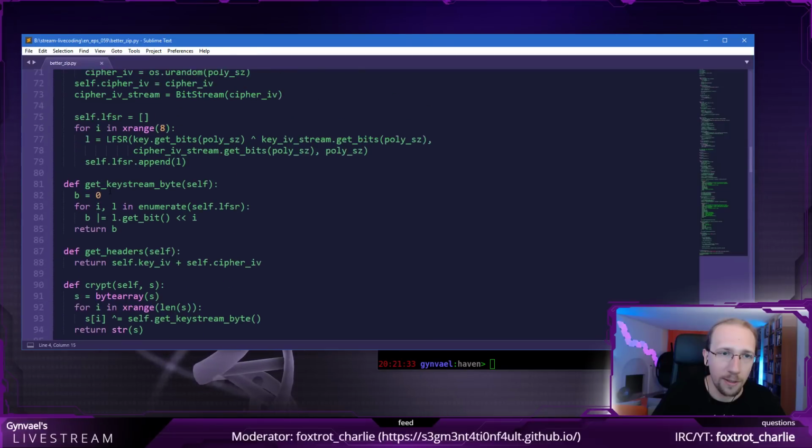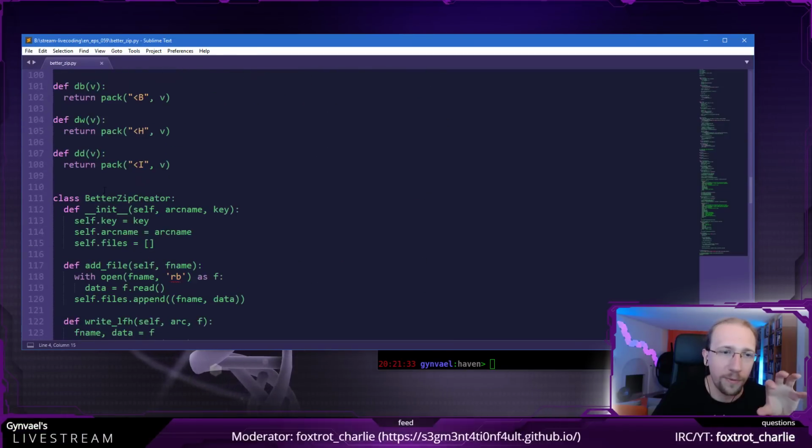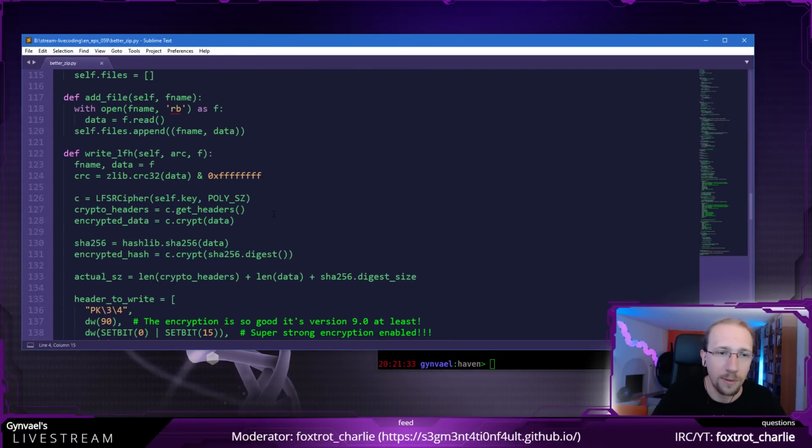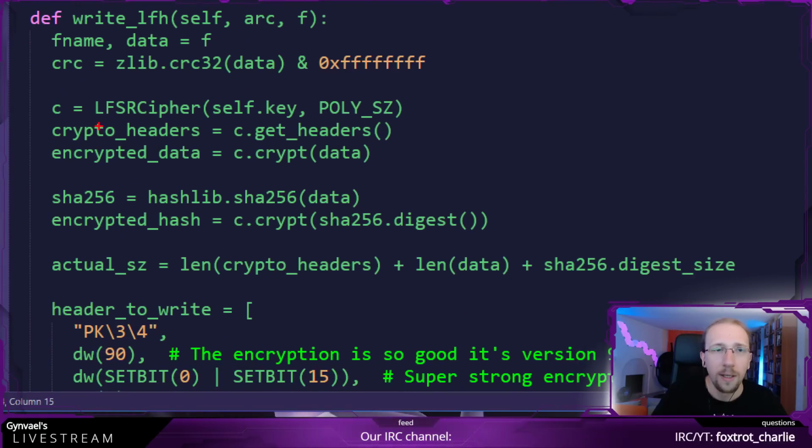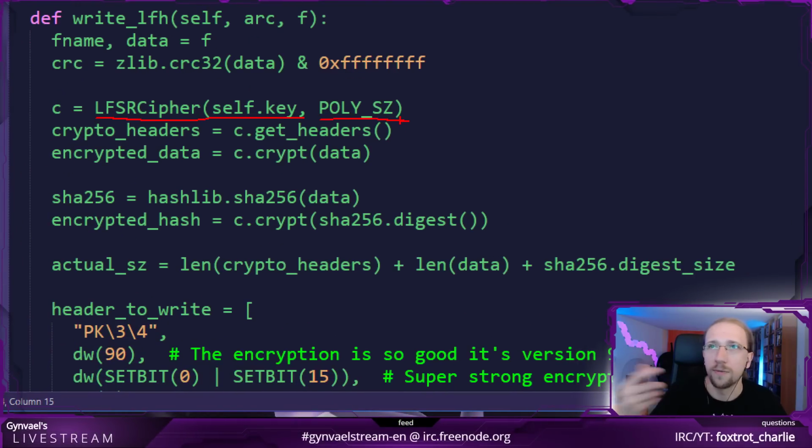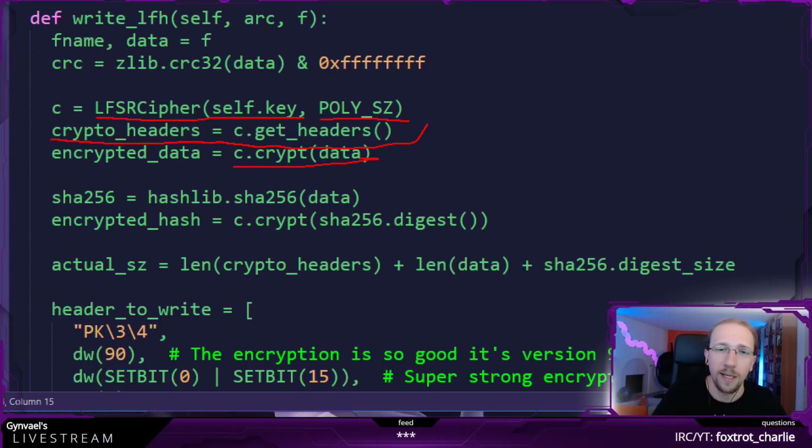If we then look at what's going on, let's look from the top up. We initialize it with the key and the size of the polynomials. Then we get some headers, whatever this is. Then we encrypt the data, and this is the encrypted data.